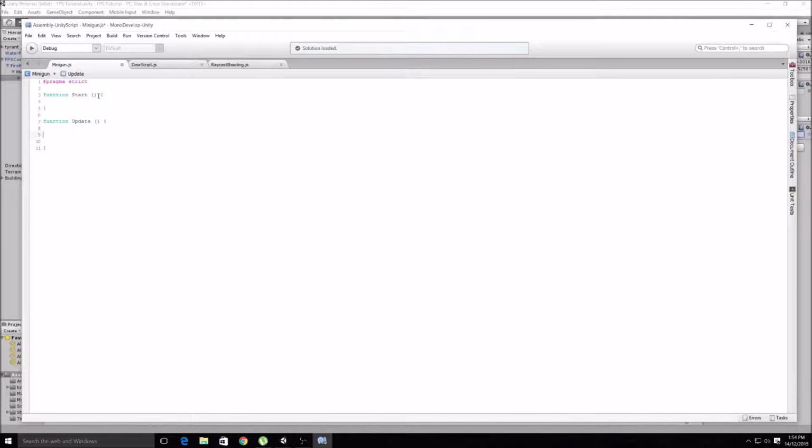Alright, so now we're going to write a script to say that when we push the left mouse button down, we want it to spin, and when we take our finger off the left mouse button, we want it to stop spinning. So if input dot get mouse button down, and it was mouse button 0, open and close curlies,